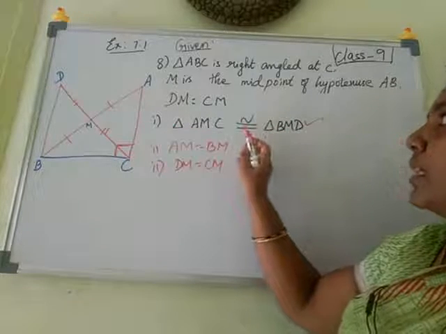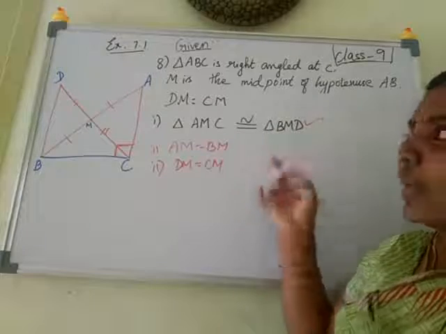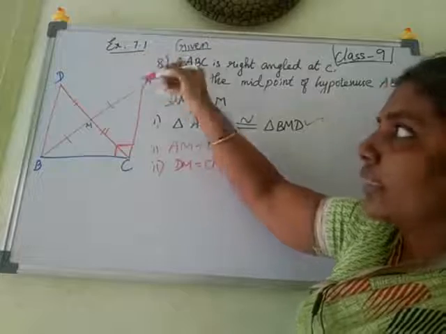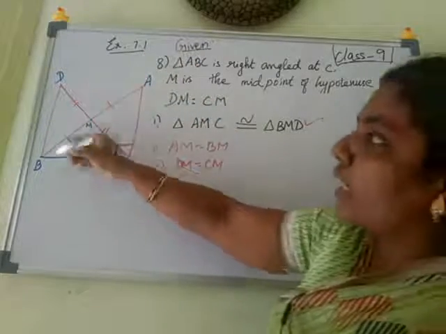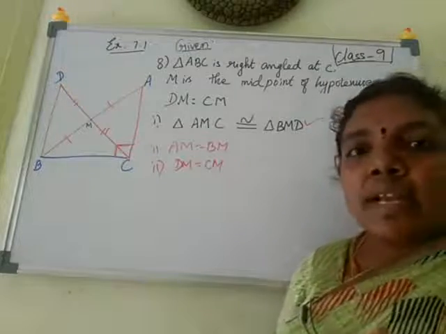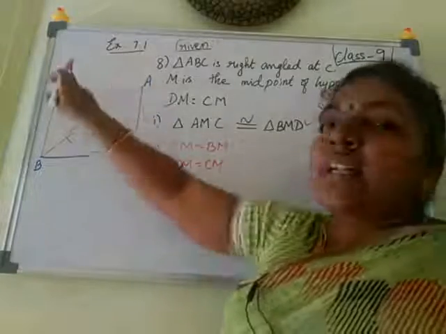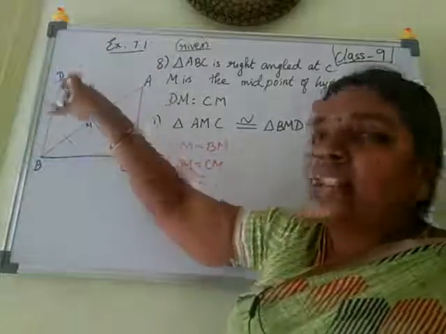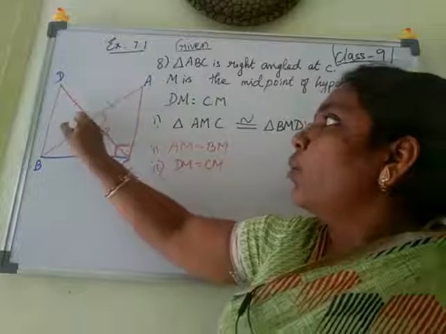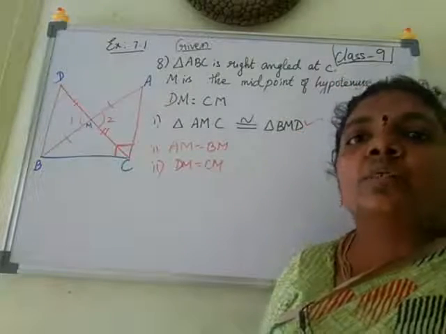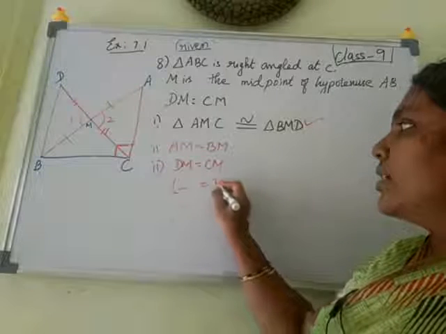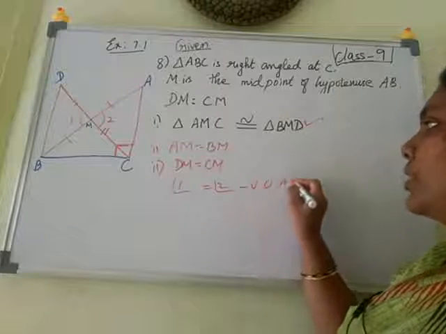triangle AMC is congruent to triangle BMD. Where is triangle AMC? This is the one I have drawn with the red stick. That is, AMC is congruent to triangle BMD. Which criteria can we make use of? Already two sides are equal and there are two intersecting lines. AB and CD are intersecting each other, so the angle 1 and angle 2 so formed are equal, that is vertically opposite angles are equal. We can write that angle 1 is equal to angle 2, vertically opposite angles.